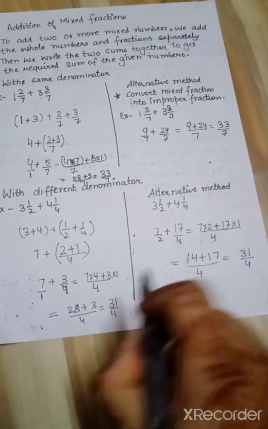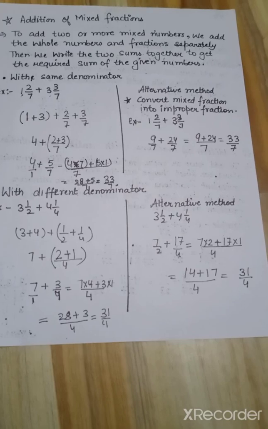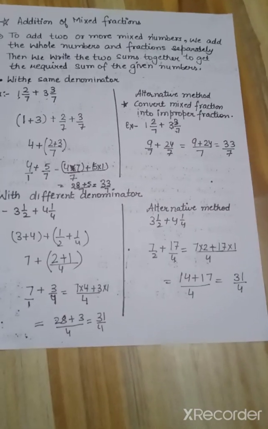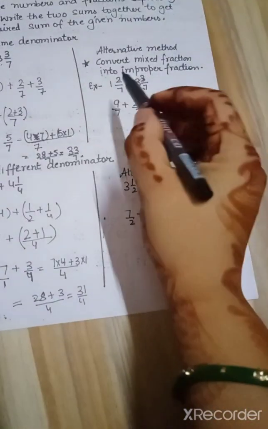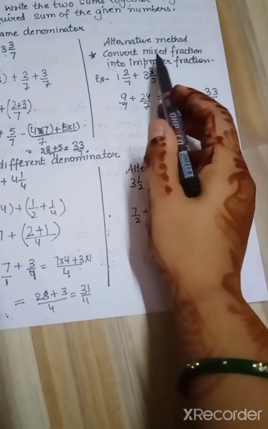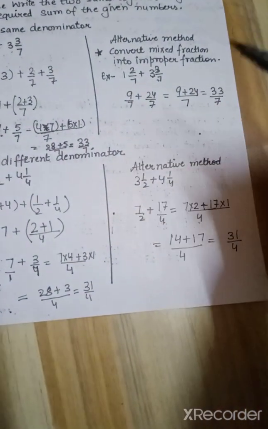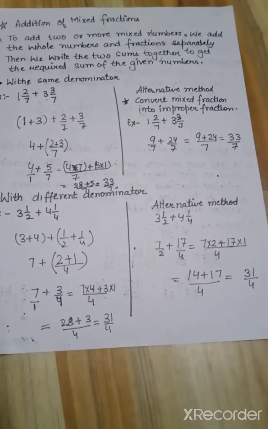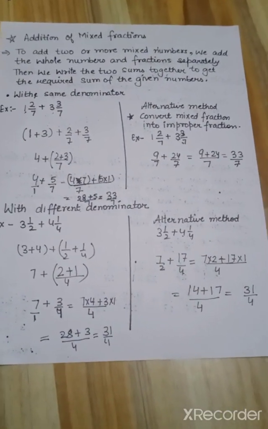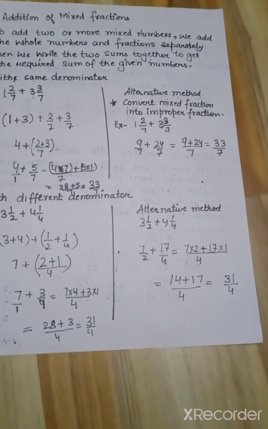So with both methods the answers are the same. Which method do we have to follow in mixed fractions? Firstly we will convert the mixed fraction into an improper fraction, then we will make the equivalent fraction by taking an LCM, then we will get our answer. Understood? I hope you have understood the concept. Thank you and have a